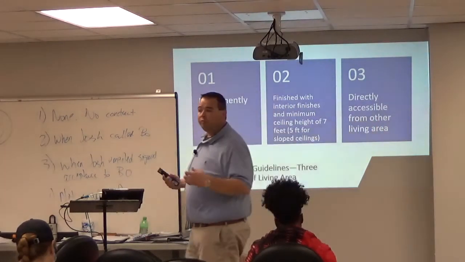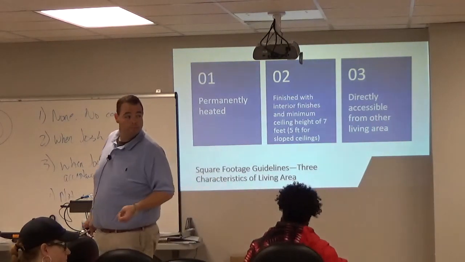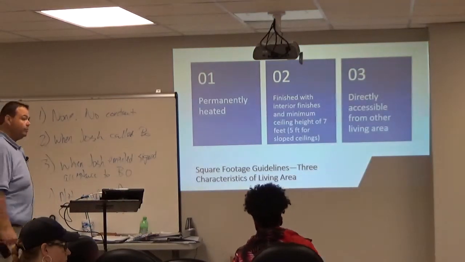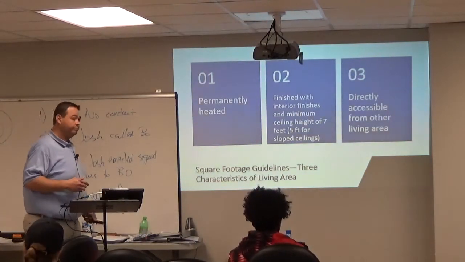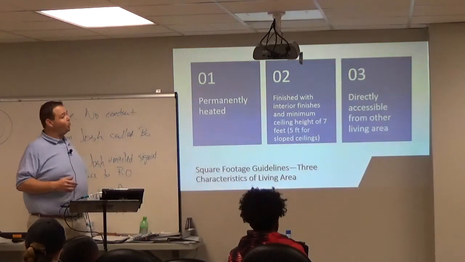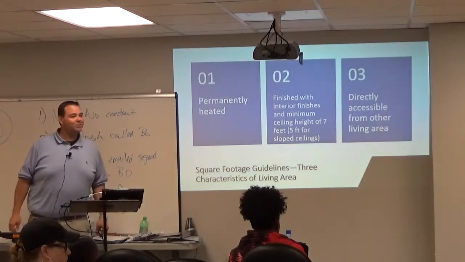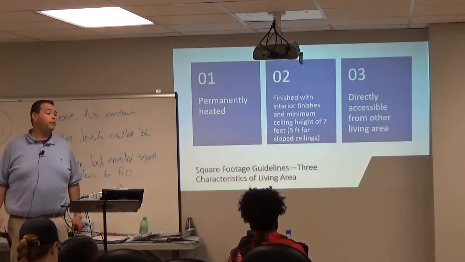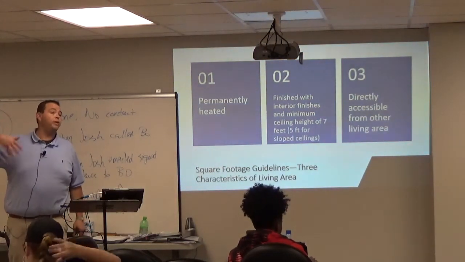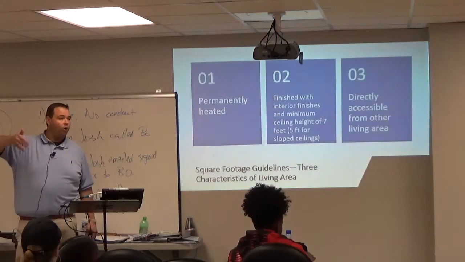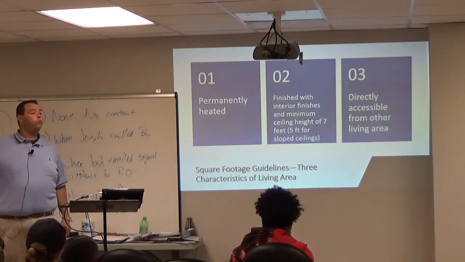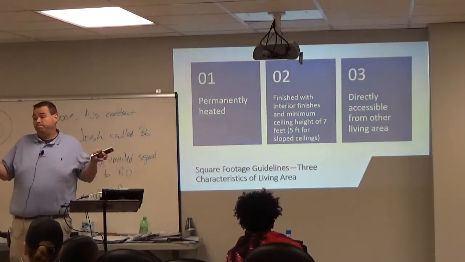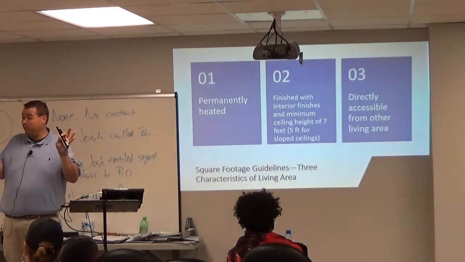So, question: if they say a house is 2,000 square feet, but there's 500 that's unpermitted, the house is really... No, the house is really 2,000 square feet. But you just need to know that 500 square feet is unpermitted. There's 1,500 square feet that's permitted and another 500 unpermitted. But as far as living area and square footage go in North Carolina, because permitted is not one of the rules, it counts. Are you with me on that?